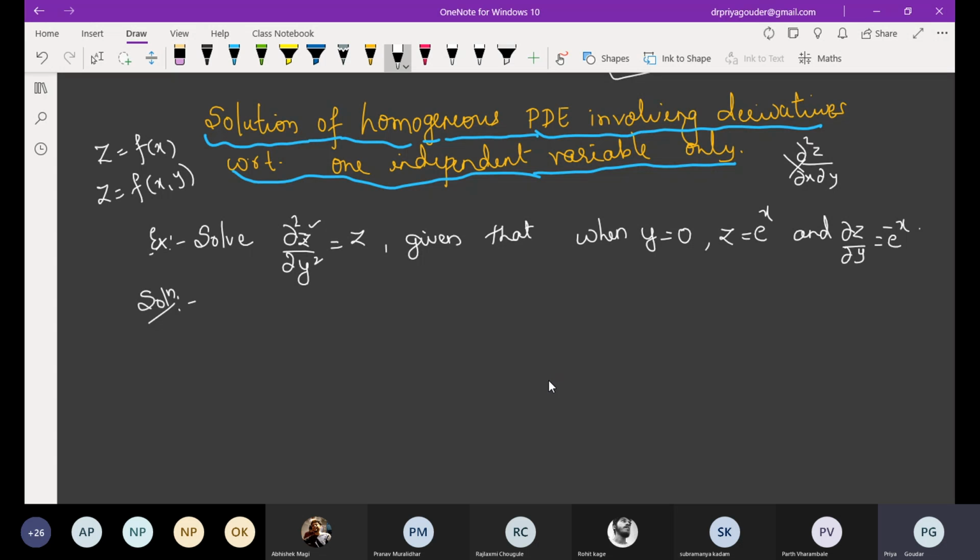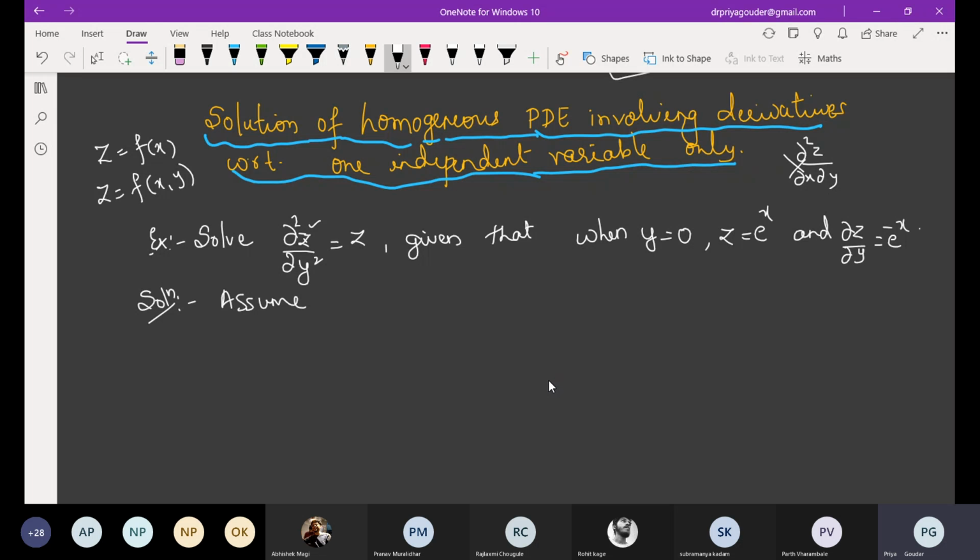C1, C2. So what you have to do is replace those arbitrary constants by functions of x in this case, because in the beginning you are treating z as a function of y. That means you are treating x as constant. So you should replace them with functions of x and do the calculation. Okay, I'll explain it with this example only. Write down. Assume. When you see the question, you will come to know.